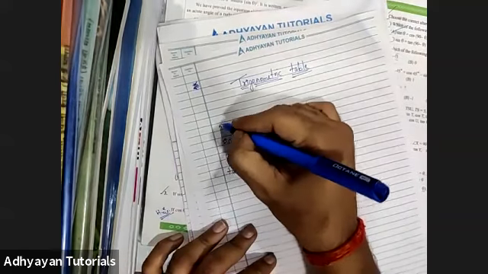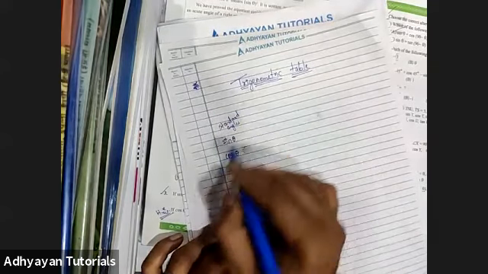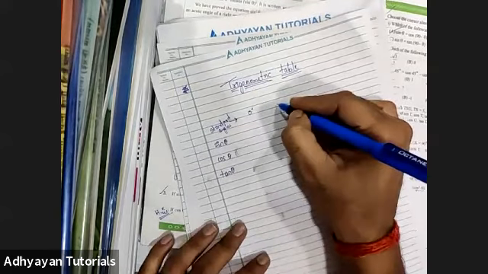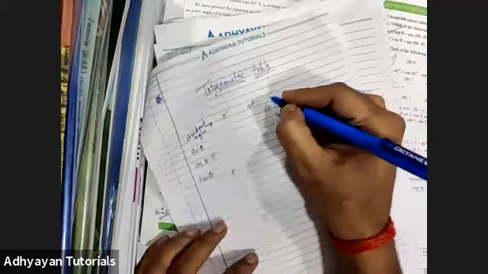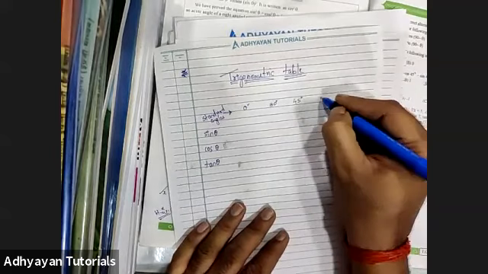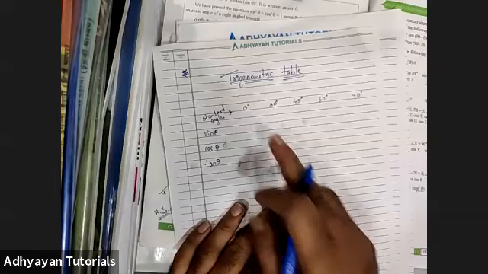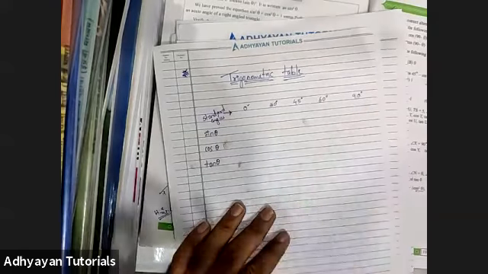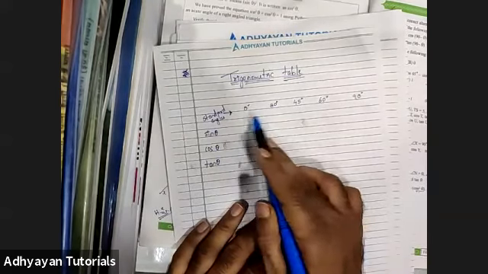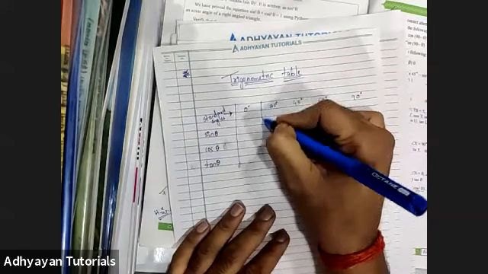Now there are certain angles which we call standard angles. अब ये standard angles कौन कौन से हैं? First of all, 0 degree is a standard angle. 30 degree is a standard angle. 45 degree is a standard angle. 60 degree, and then at last 90 degree is a standard angle. So there are only these 5 standard angles. No other angle apart from these will be known as a standard angle, right? 0, 30, 45, 60, and 90. Now we need to fill values for these.